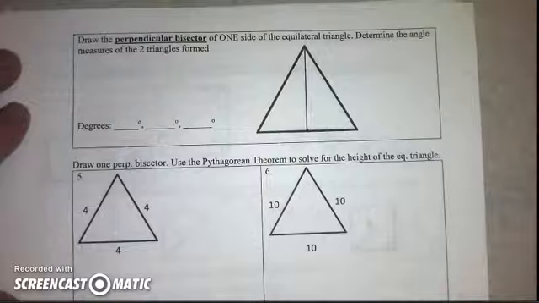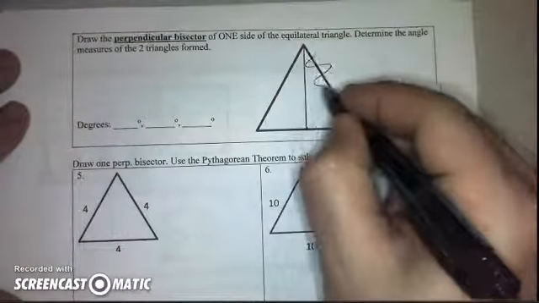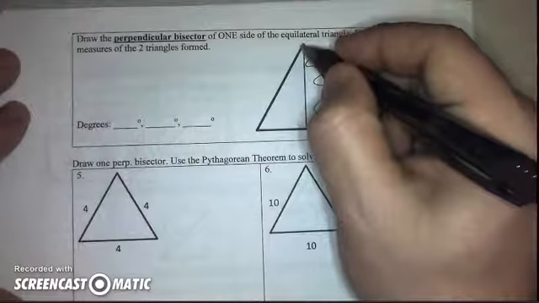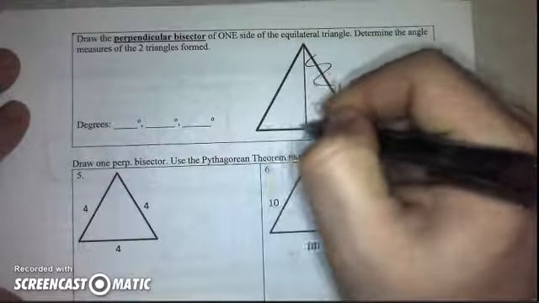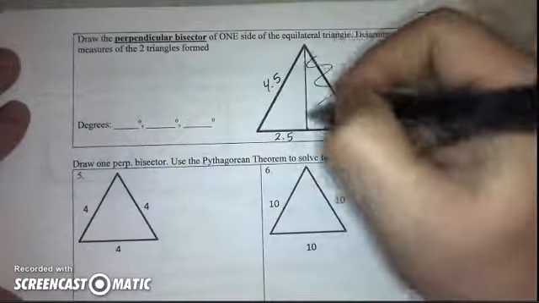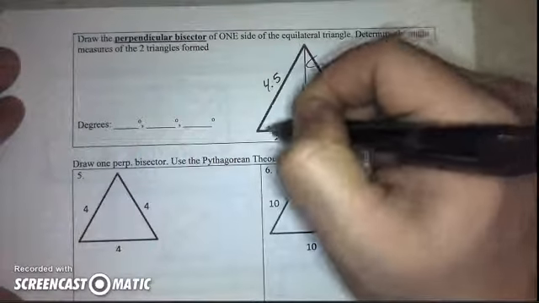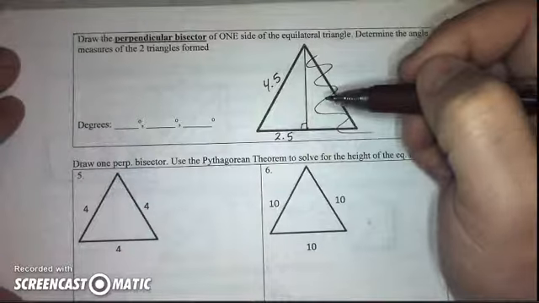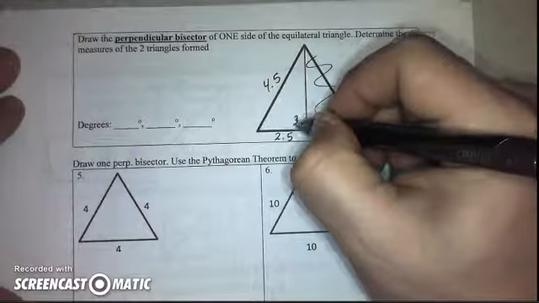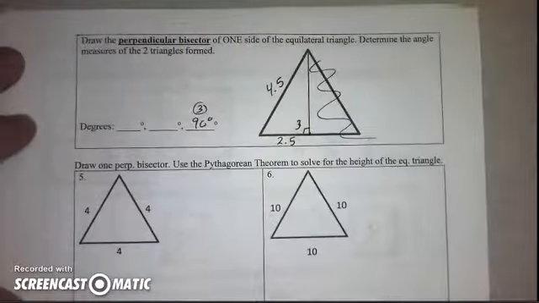And then I want you to find the angle measures of one of these triangles. Again, let's just focus on one. Now, the side of each of these is 4.5, and this is 2.25. So when we create a right triangle here, I want you to measure these two angles. We're going to call this angle 3 this time. Put these in order. So this third angle here is the right angle, 90 degrees. And when I measure these other two,